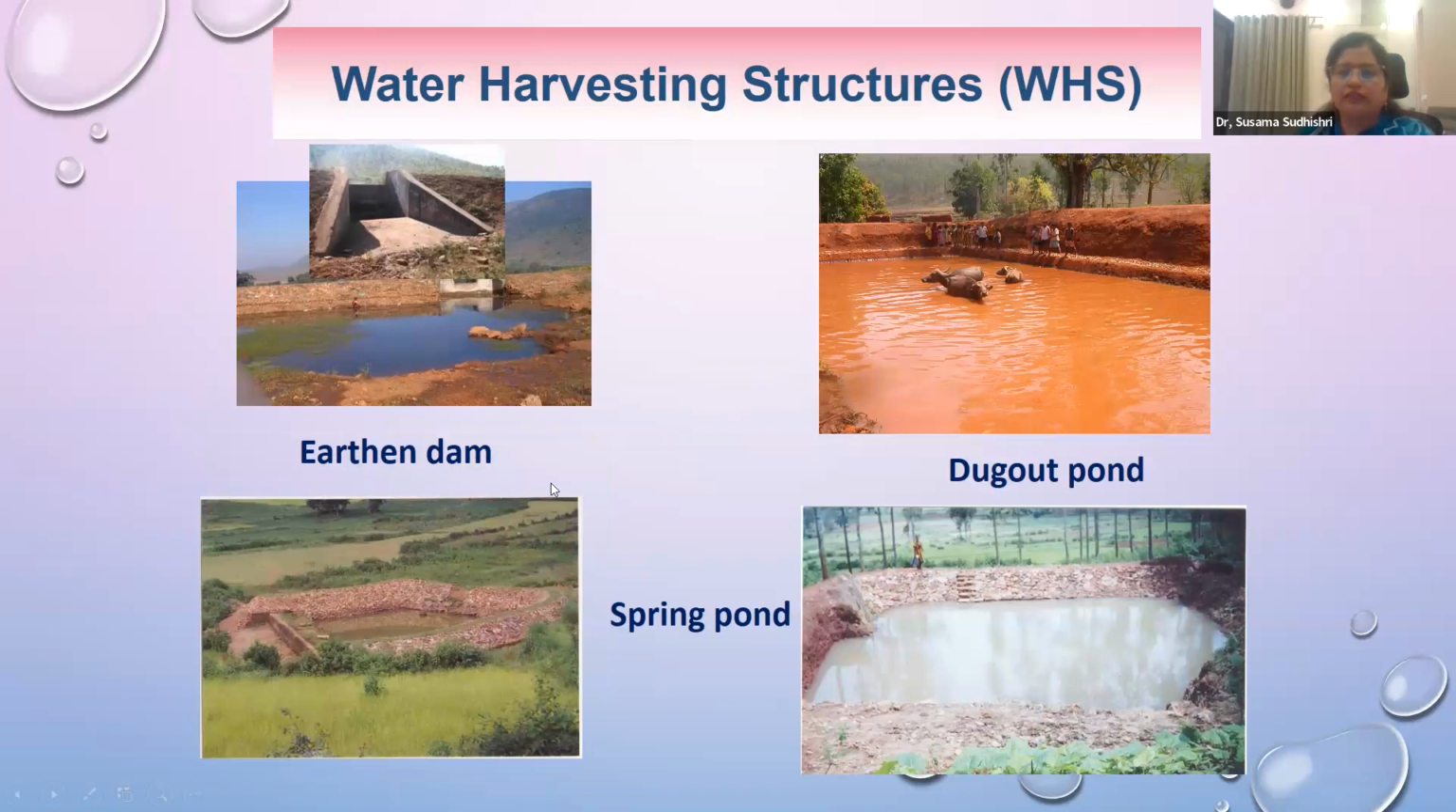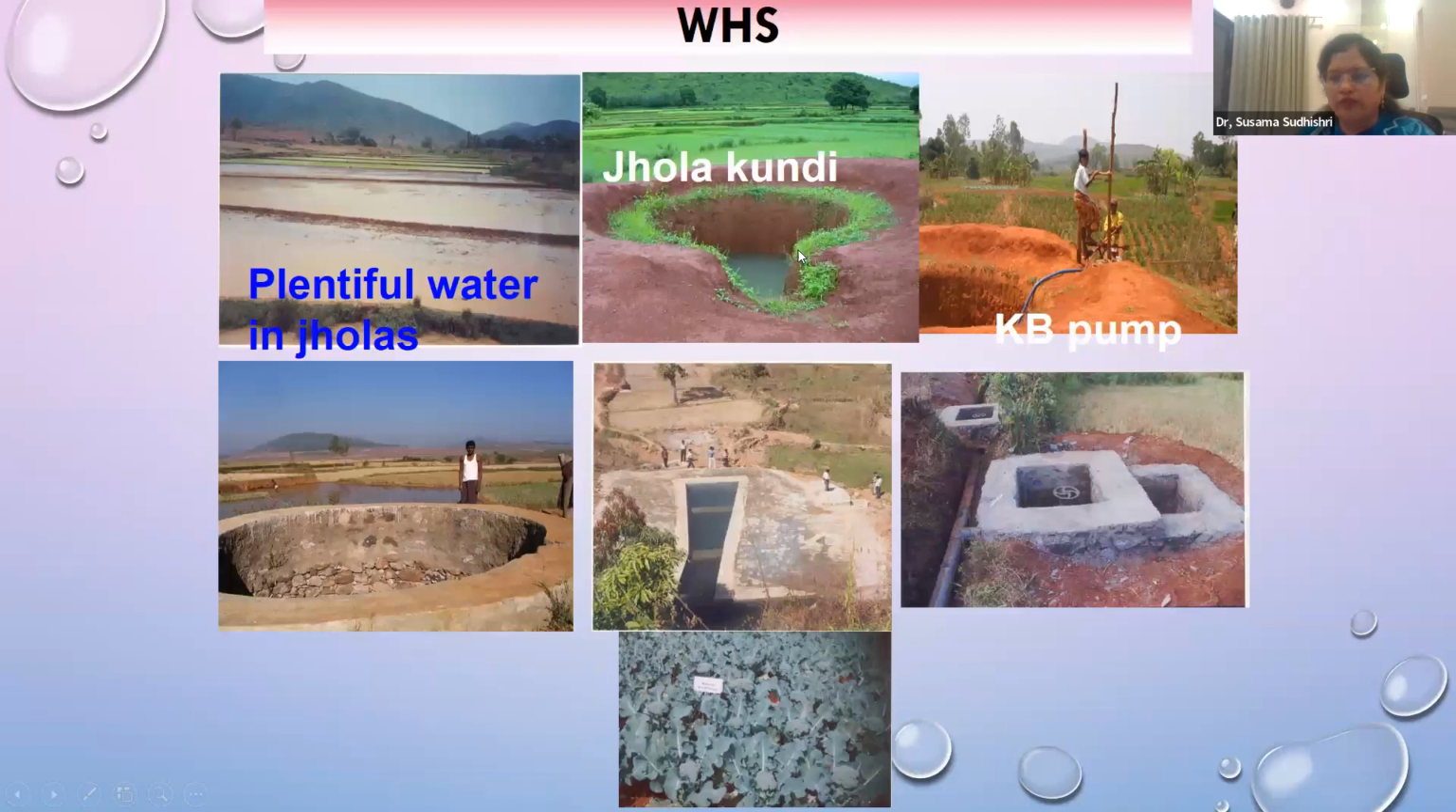These are things I can say I have done in Odisha during that period: the earthen dam, dugout pond, spring pond. But one thing is Jhola Kundi, a name given by me, where there are lots of perennial sources of water. Adjacent to that, we have developed it like this. Earlier the farmer could not take any crop, but now they can lift water using this Krishak Bandhu pump, and they are taking vegetables and other remunerative crops. These are compartmental types of dams or structures we have created, and they are irrigating through an underground